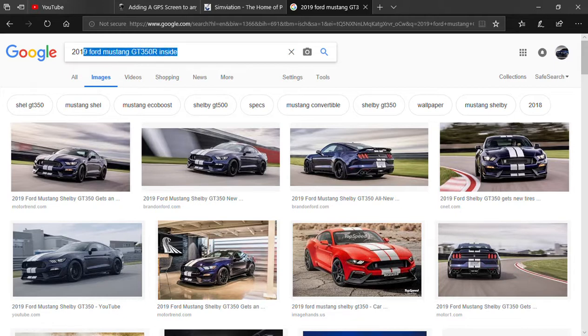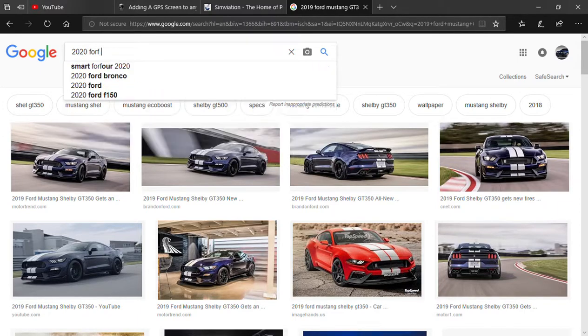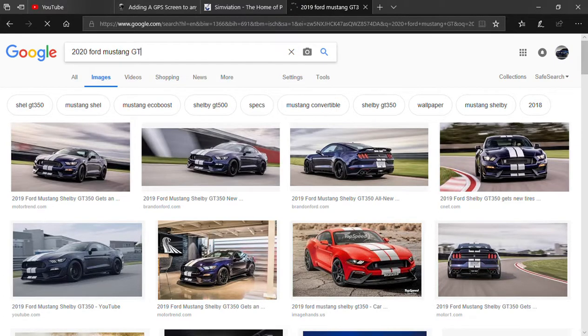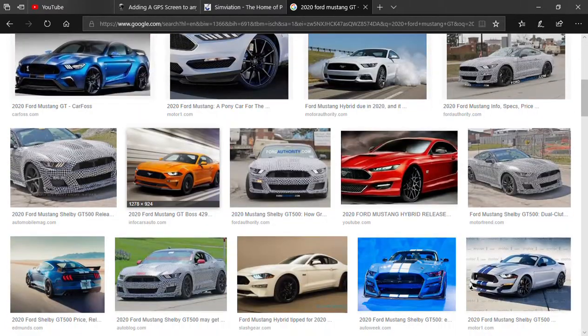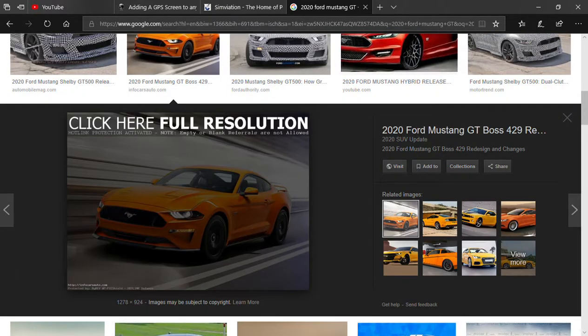So let's go back over to 2020, and I'll do a 2020 Ford Mustang GT. Just to show you in comparison. So here's a 2019 and 2020. Yeah, here's the 2019 rendering. Oops, it's not giving me the proper picture. But